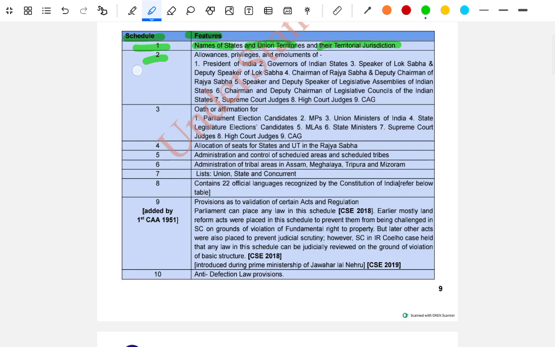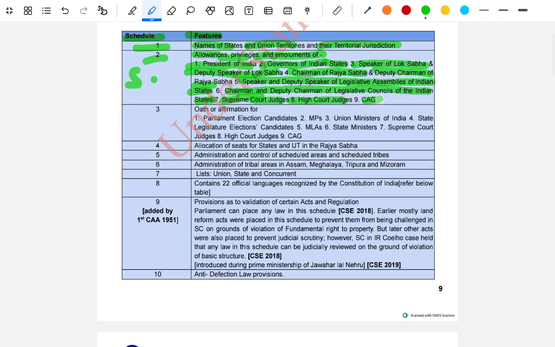Schedule 2, the allowances, privileges and emoluments of the President of India, Governors of Indian states, Speaker and Deputy Speaker of the Lok Sabha, Chairman and Deputy Chairman of the Rajya Sabha, Speaker and Deputy Speaker of the Legislative Assembly of the Indian state, the Chairman and Deputy Chairman of the Legislative Council of the Indian state, Supreme Court Judges and High